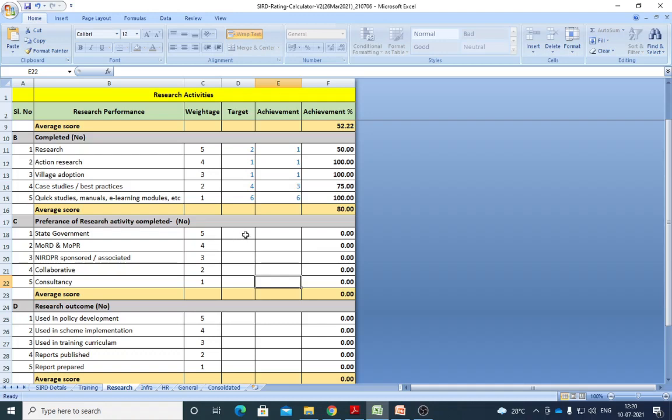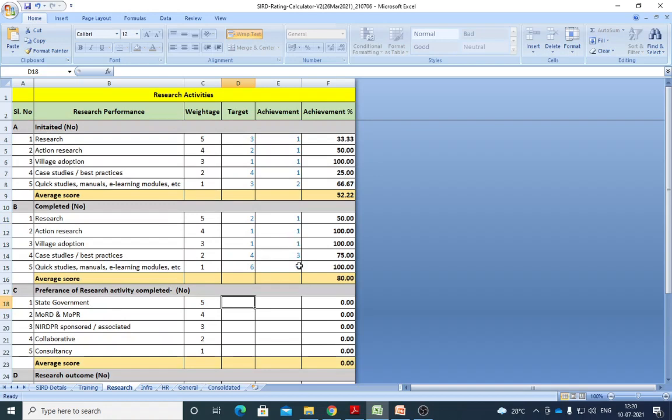Can you see here? Previously I told you I got one project from MORD. So you can finish here. State government, I targeted 1, I got 1 submitted, and that one I completed. MORD gave 2, I completed 1. I got 2 projects previously, I completed 1. And a sponsored project, NIRT project 3, I got previously, I completed 2 in that year. It may be of the previous year also, you can add here, because it is supposed to be completed now. This is your target to complete, but you have achieved it here. And the collaborative project, I have 2, I completed 2.